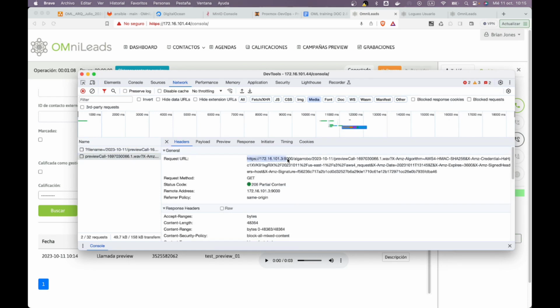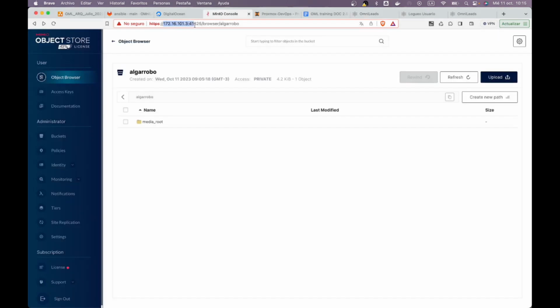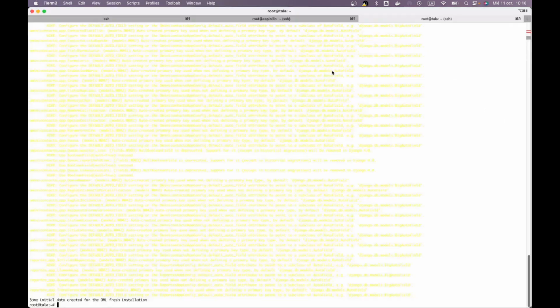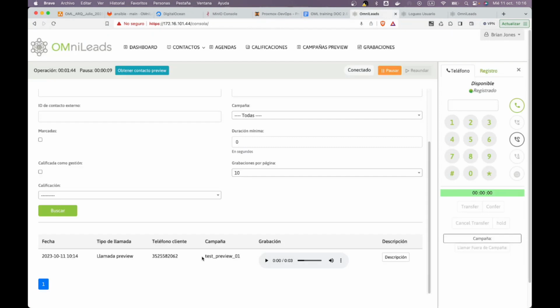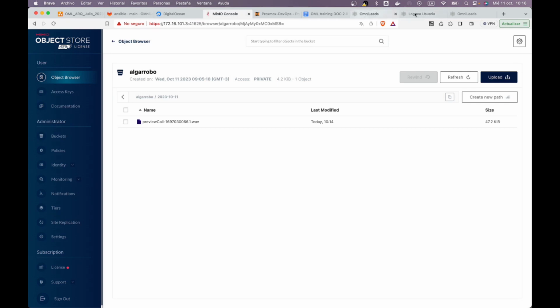it redirects to port 9000. That is actually where the file, we're going to look for it, in the bucket and at the endpoint that we have declared. Here it says 172.16.113.29:9000. There, we're going to look for the recording in the object storage, which in our case is the MinIO that we have on premise here, external. And we see that here is already precisely today's date and the recording that we just generated. The recording that we just generated, this test call to this phone, is already inside the bucket, and